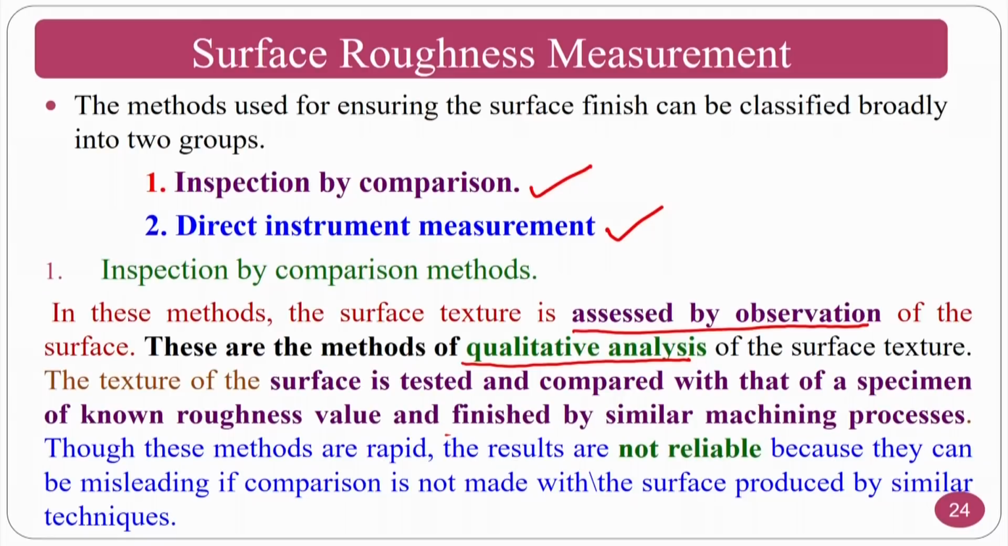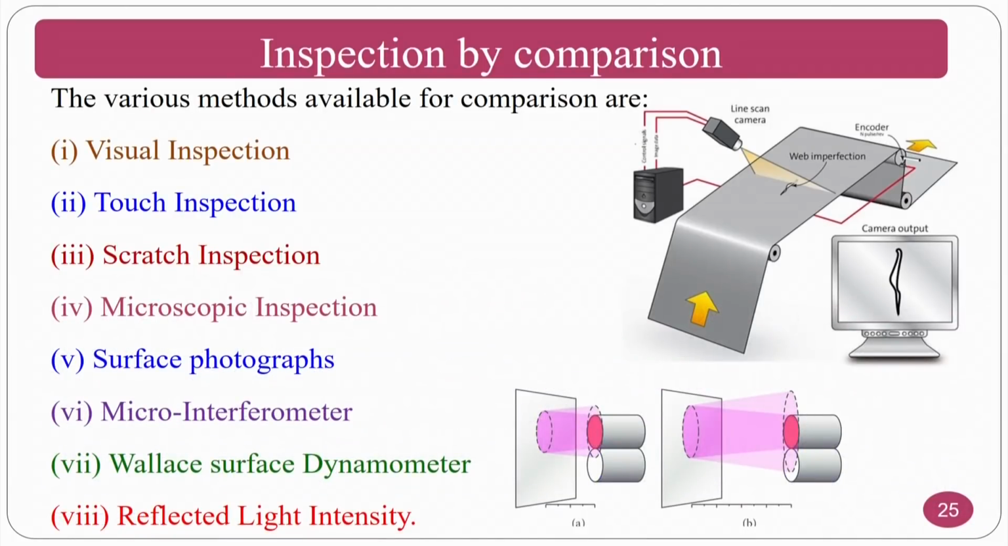It is qualitative too, but this is not reliable because the comparison may not be produced by a similar technique. Sometimes a product is developed by the turning process, sometimes by some other process. If you compare them, it will lead to misleading results. That's why you always have to go for quantitative measurement. Inspection by comparison includes visual inspection, touch inspection, scratch inspection, microscopic inspection, surface photographs, micro interferometer,